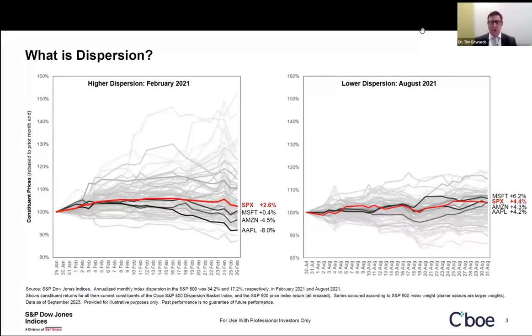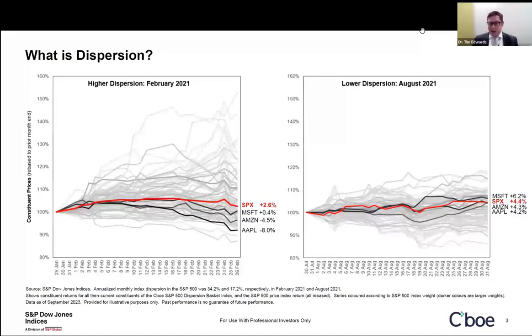February 2001 was an extraordinary period in markets. This was around the time of the GameStop phenomena. It was around a period in which the degree of idiosyncratic risk was unusually elevated. And what you can see very clearly on that left-hand side picture is a really broad spread of individual constituent returns. And actually, when we measure dispersion historically, that's what we actually measure. It's about the distribution cross-sectionally among stock performances.